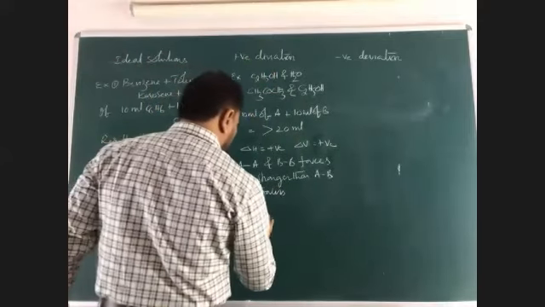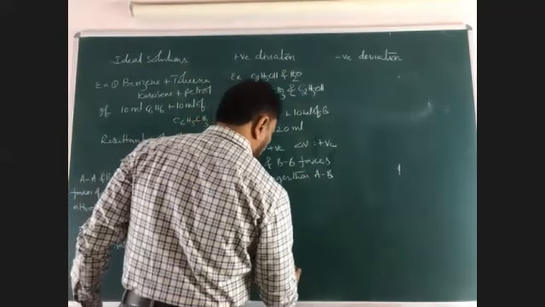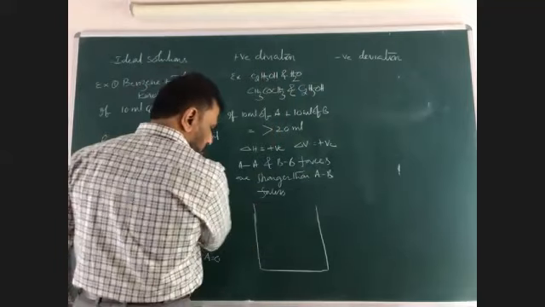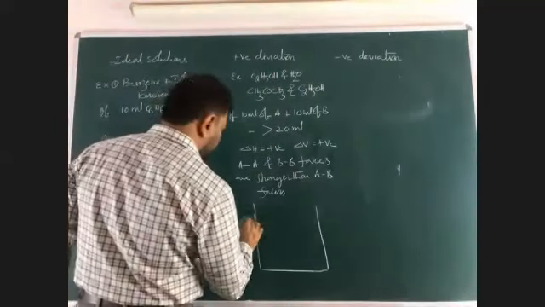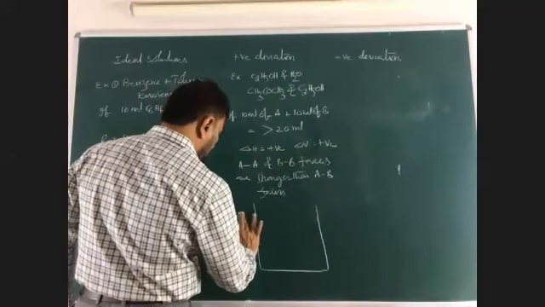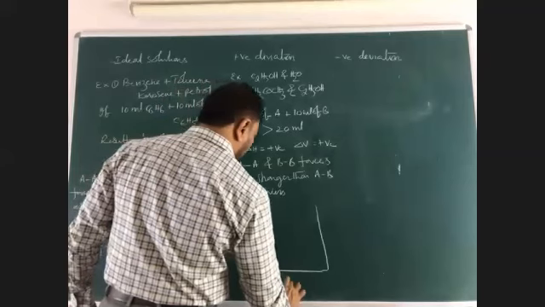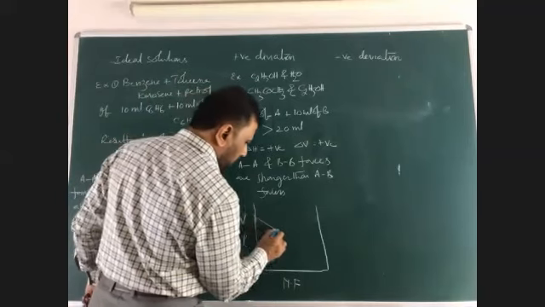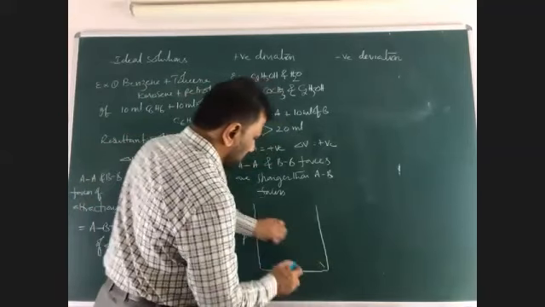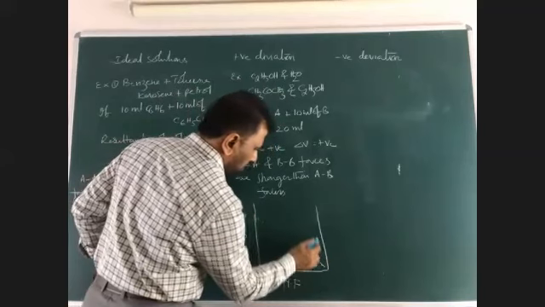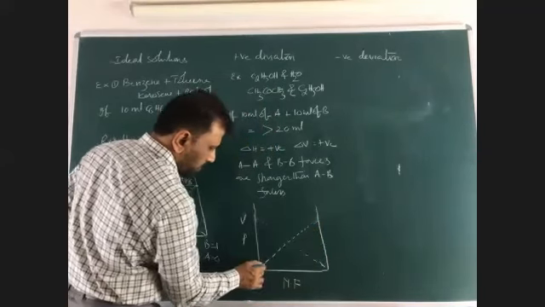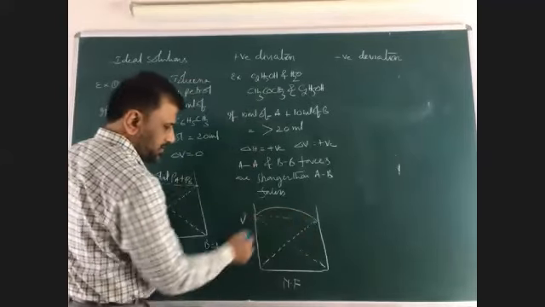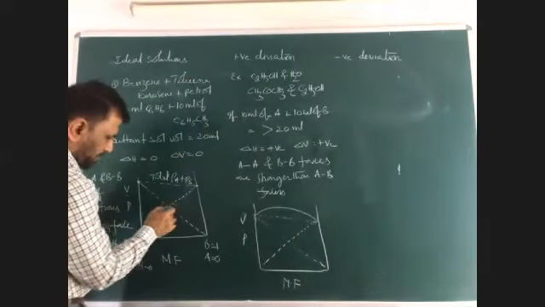And now the graph will be like this. A similar graph, we can write like this. This is vapor pressure. This is mole fraction. First we draw the common graph. Now, this is the real. This is ideal. The dots are ideal because I have given the ideal.